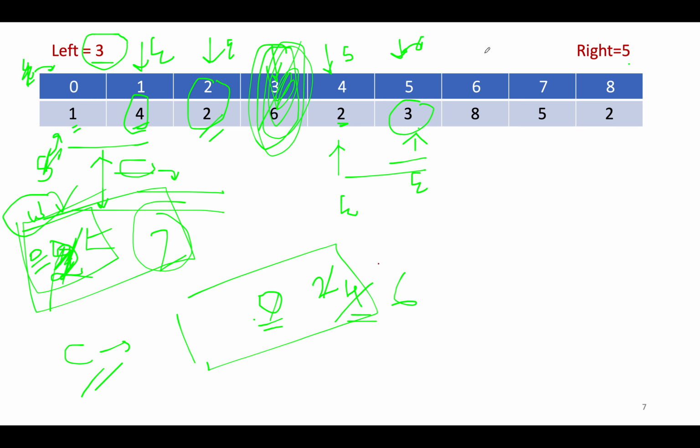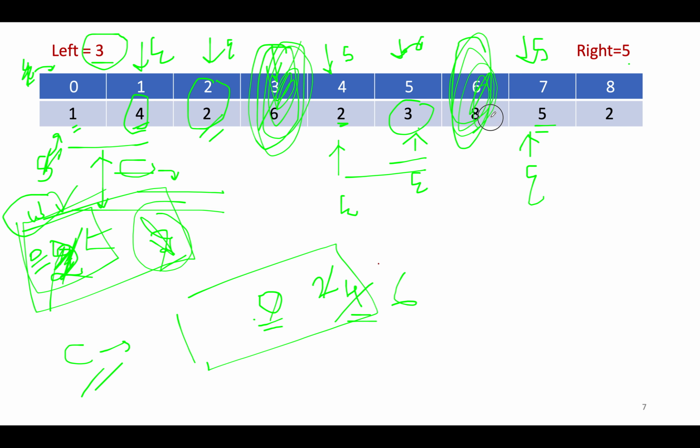Again we got a blocking element, so start gets updated to 7 and end also gets updated to 7. Does 5 lie within the range of 3, 5? The answer is yes. So we are going to recalculate the window size.